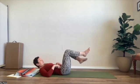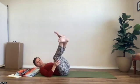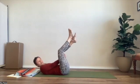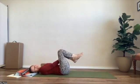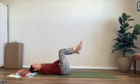You're going to cross your right ankle over your left ankle. So just a little cross at the ankles. And you're going to hold on to your left thigh bone with both hands. Have the knees be really bent, feet heavy, stick your butt out. And then with the weight of your right shin on your left ankle, you're going to slowly straighten the